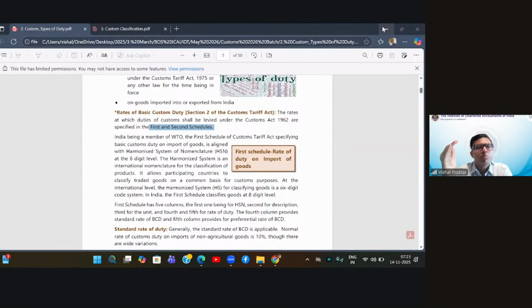Why did we decide to make this Customs Tariff Act separate? The reason is that when international trade started growing, a practical challenge was envisaged. What is that practical challenge? I'll give you an example. India exported slippers to Japan. Importantly, we are not talking about a language problem, that we are using English and they are using Japanese. No, the invoice is made in English. In Japan also they know it is English.